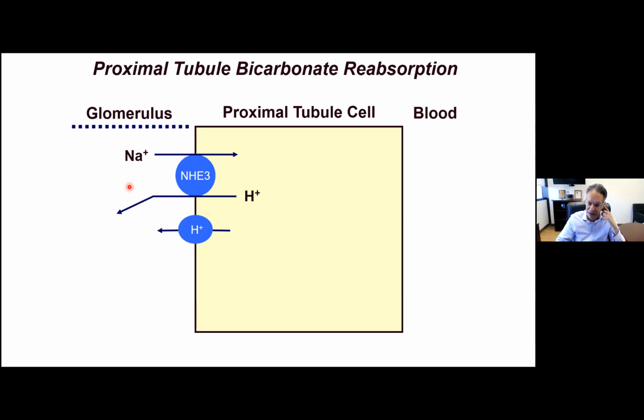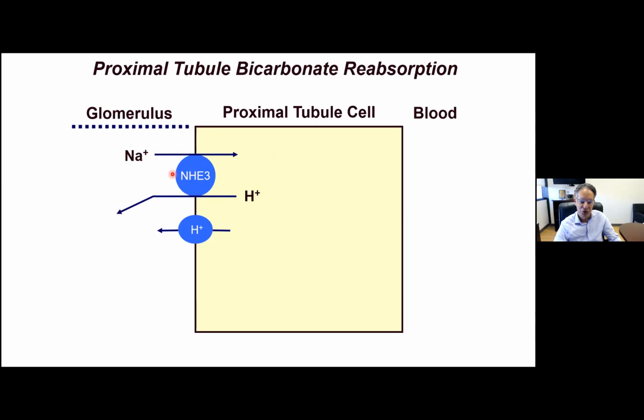It's an indirect mechanism. And so what evolved was to have two proteins on the what we call the apical membrane, or the luminal side, or the urine side of the cell that transport protons into the urine. One of the proteins is called NHE3. NHE stands for sodium hydrogen exchanger. There are a number of these genes, but it's this particular one that is in all mammalian proximal tubule cells,